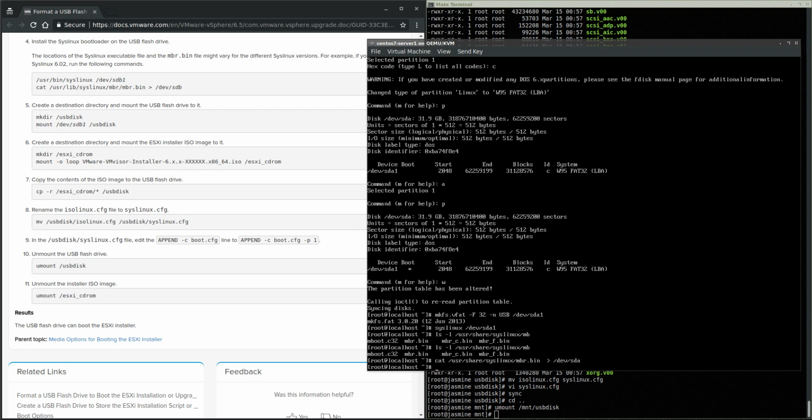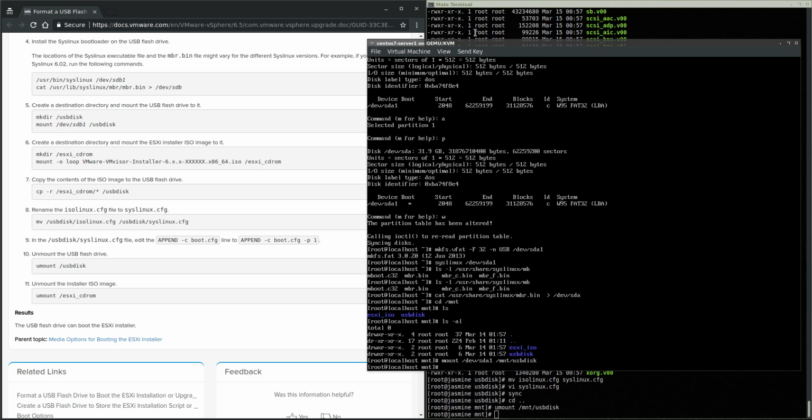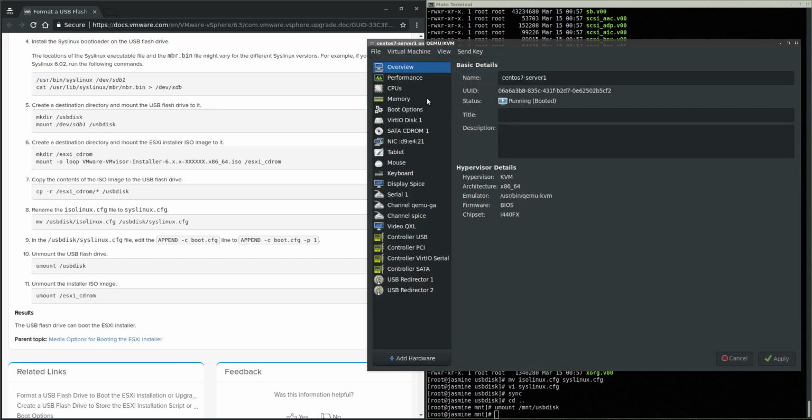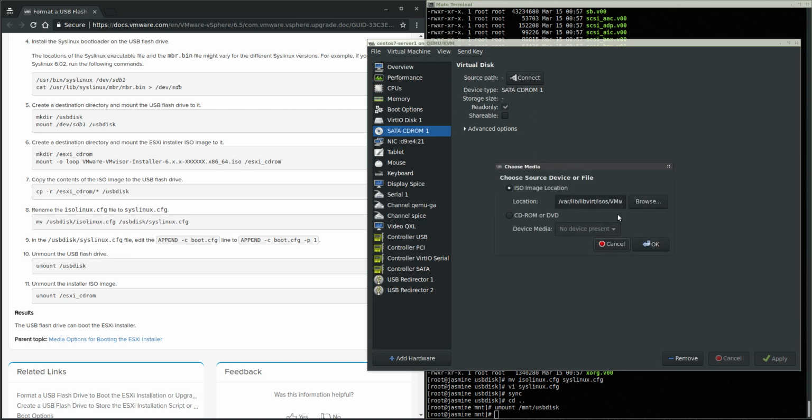All right, so that's done, and I already have the ESXi directory and USB disk directory created under /mnt. So I'm just going to do the same thing I did last time. I'm just going to mount /dev/sda1 to /mnt/usb_disk, and let me see if I've already connected to, no, let me connect to,